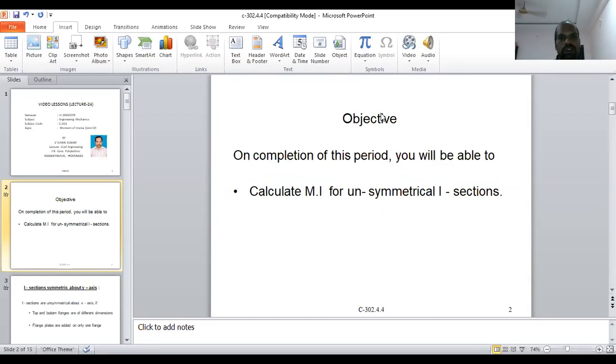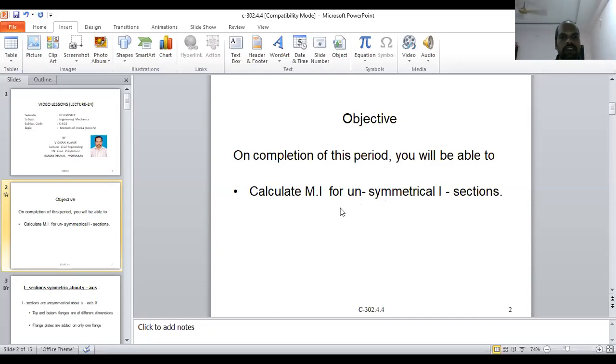First of all, what is symmetric? Nothing but similarity, or same. If you cut it into two halves, one half will be the mirror image of the other one. It is the same, having the same area, same size, same shape, everything the same. Even the same weight, if it is three dimensional, it has weight as well. But we are discussing the moment of inertia of area, so let us forget about the weights. It will be the same. So that is called symmetry.